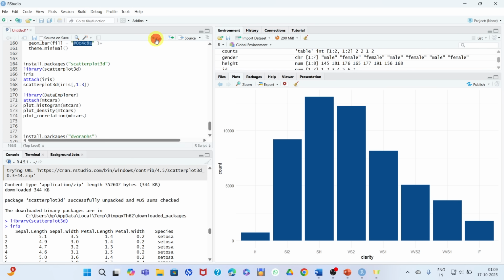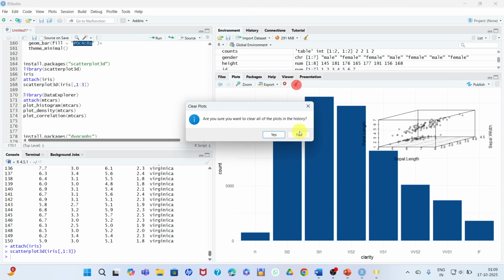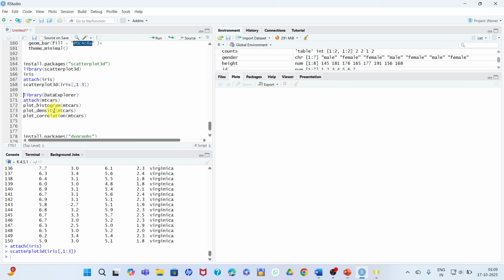Let's run the command, check it. Here you can see sepal length is here. I have not cleared the already prepared box plot, so that's why it is overwritten here. Let's clean my environment. Okay, now it is okay.